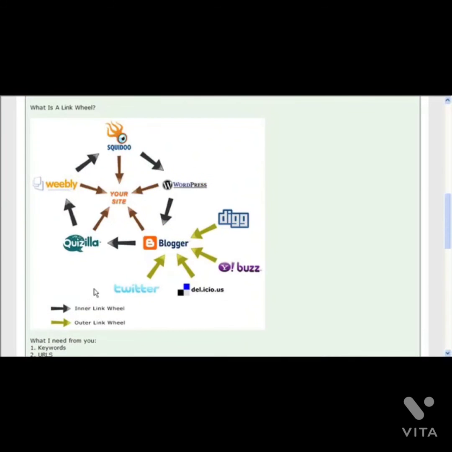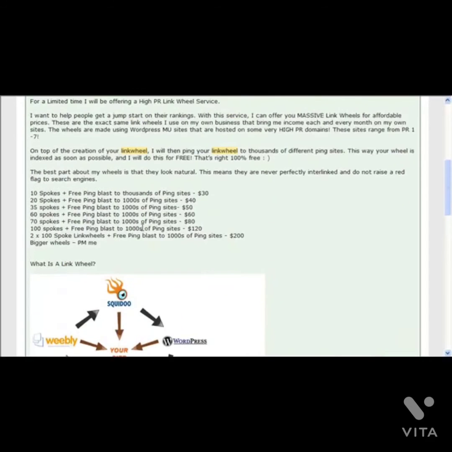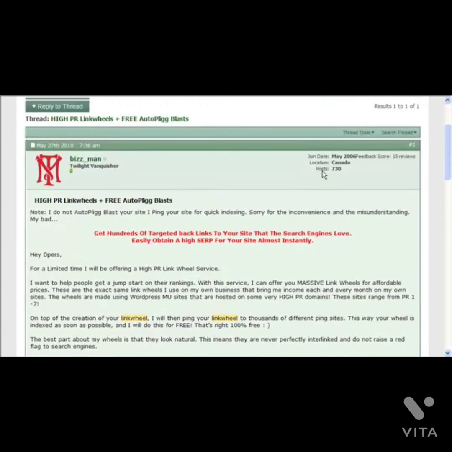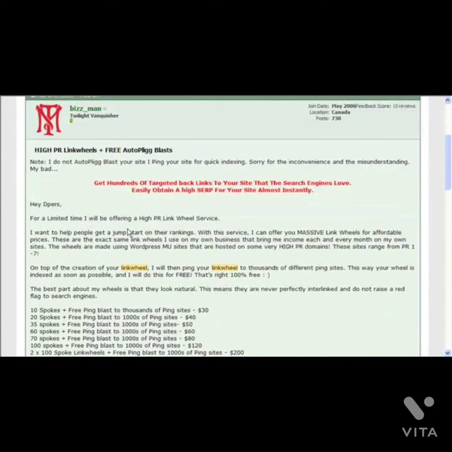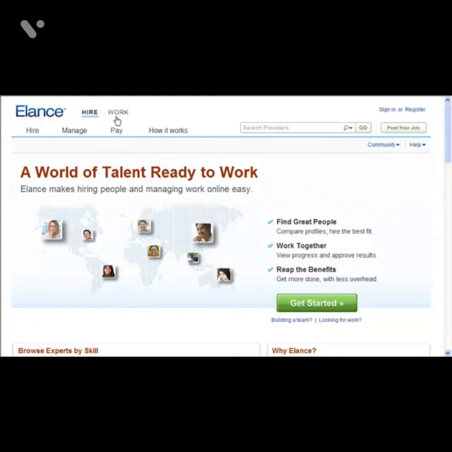So I mean, this is a good one. He's shown you a picture of a link wheel there, which I'm sure you're familiar with after seeing our diagrams earlier on. So this is the sort of service you can get on here, and if you just do a search, type link wheel in there, you'll find people that will do this for you at a variety of prices. Now, you may not be entirely comfortable perhaps with using Digital Point,